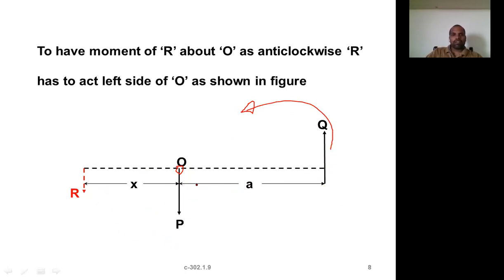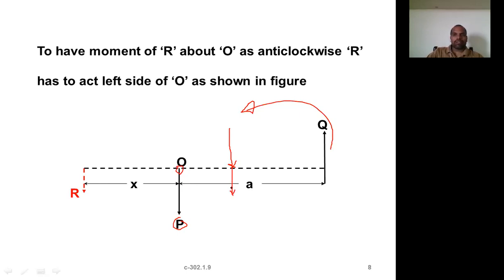For that, if you assume a force here, the resultant will be here. Obviously it shall be downwards because P is the maximum. The resultant will have the same direction as the force of higher magnitude. We assumed that P is of higher magnitude, so the resultant will also be downward only, right? That is one case. Next, it will be downward only, like this, or like this, or like this. Both will be the same, right?